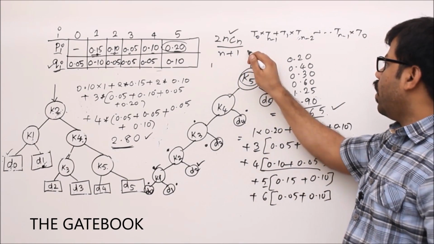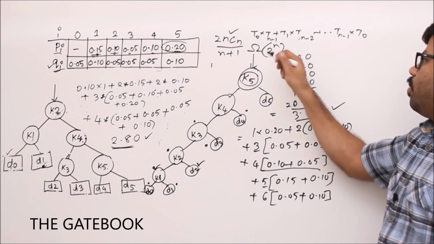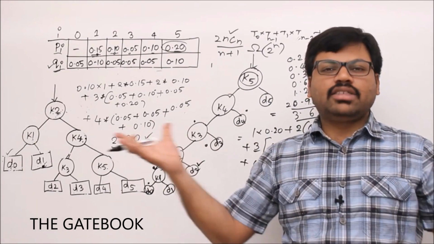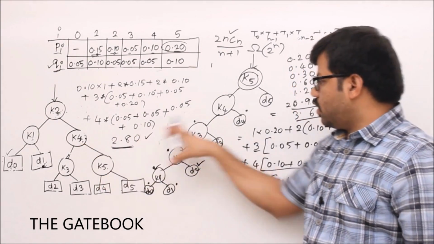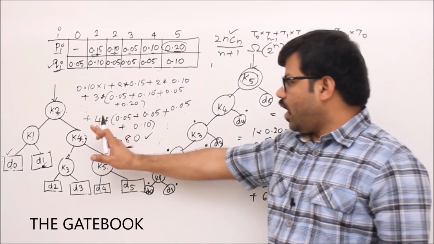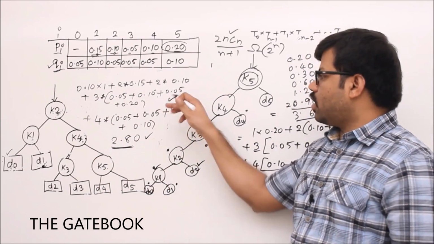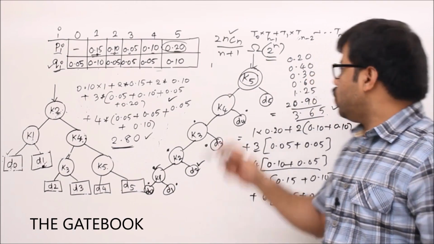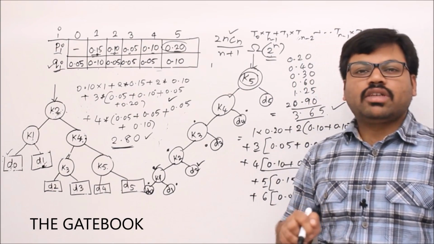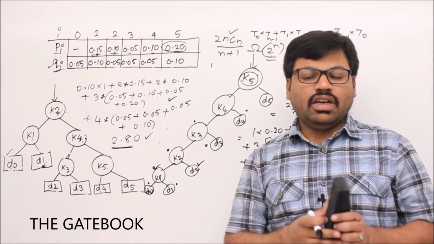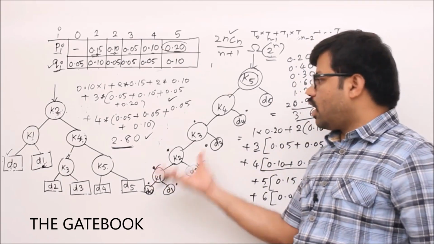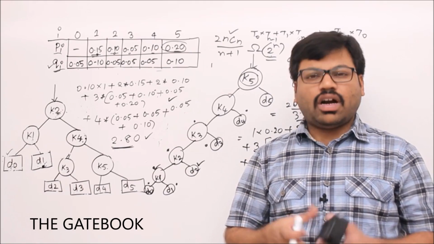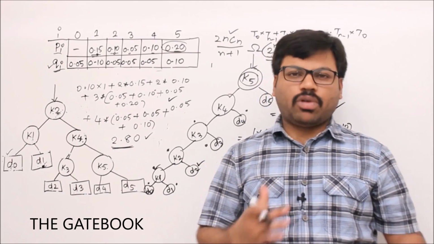This Catalan number's value is more than 2 to the power of n approximately. That means there are more than 2 to the power of n binary trees like this. Out of them, for everything we have to find out the cost. Yes, of course we can find out the cost, not a problem. But how many trees do we have to evaluate to find the best one? 2 to the power of n takes a lot of time, even sometimes more than the age of the universe. But can we spend that much time to reduce the cost of the tree? No, right? I want an order of n solution, otherwise order of n square, otherwise at most an order of n cube solution for any problem, correct?